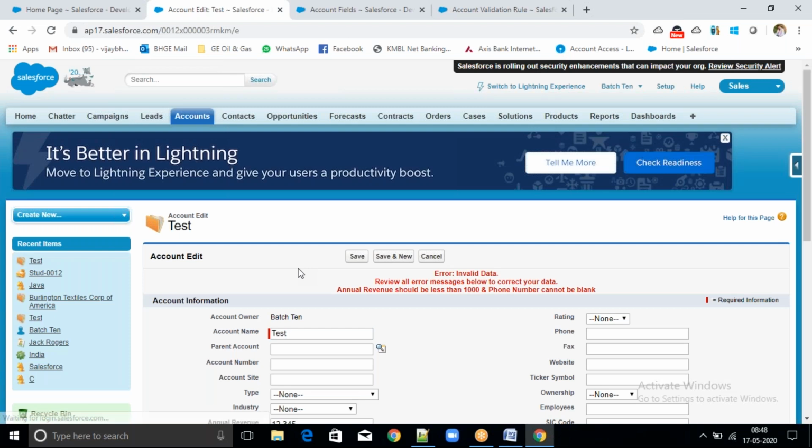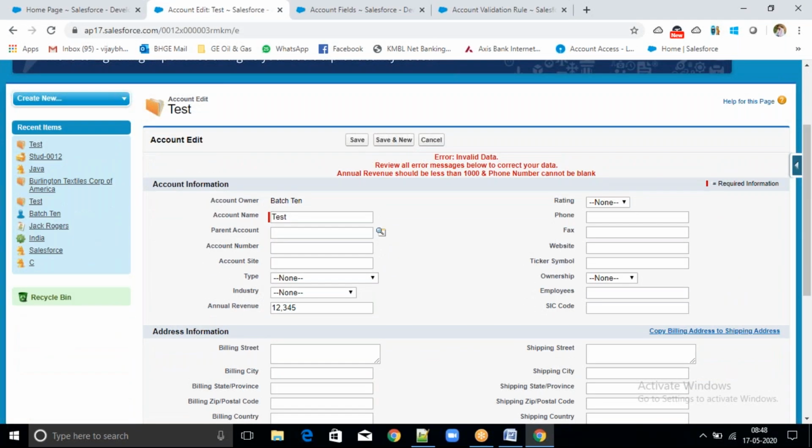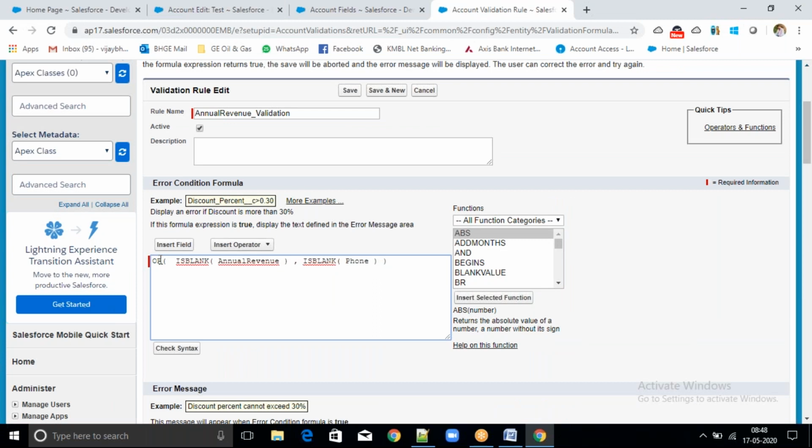Why is it giving error? See, I think you are getting confused. I am writing an OR condition. If any of the conditions is true, it will return true. If both are false, it will return false. In the OR condition, I am checking IsBlank of annual revenue and IsBlank of phone.